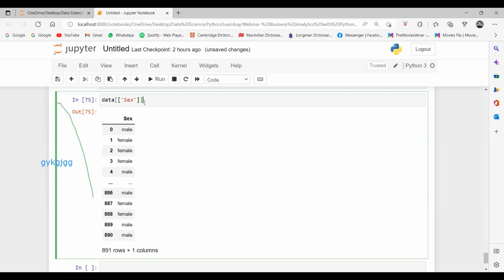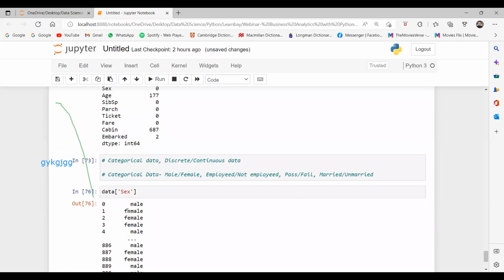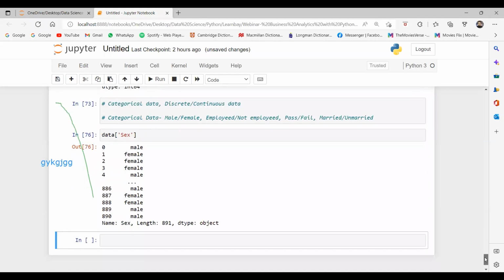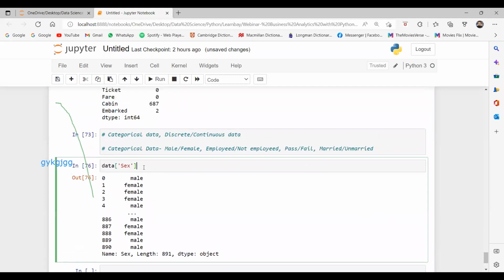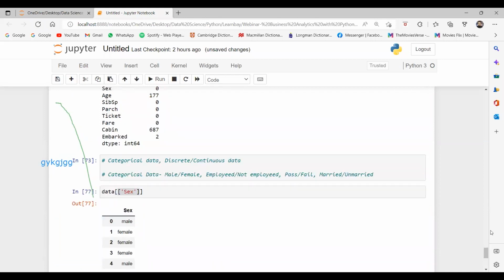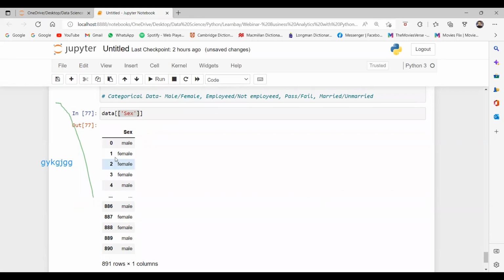Inside the square brackets, you just pass the column name in quotation marks. If you want the format as it looks in the data frame, pass it inside double square brackets and you will get the values like this.